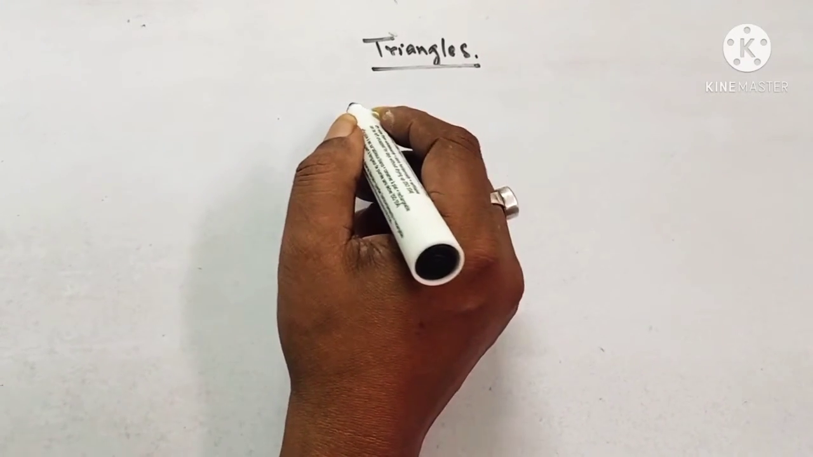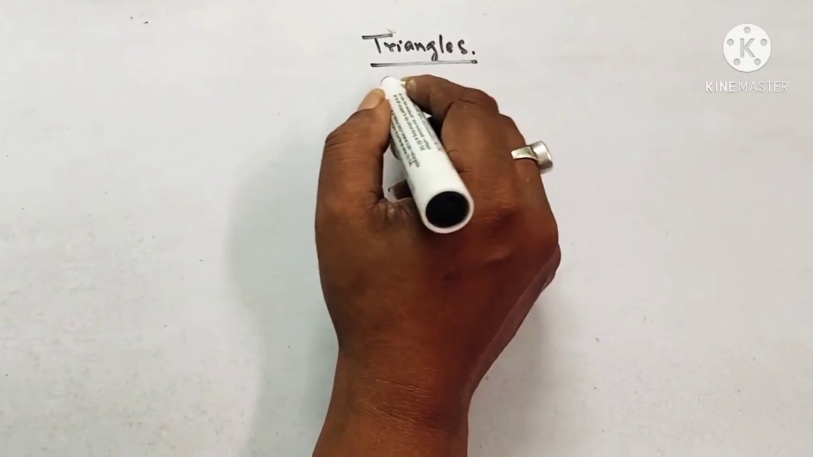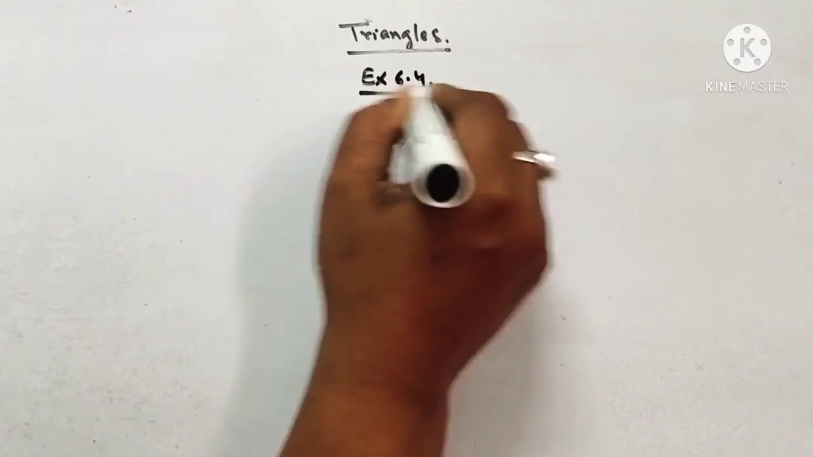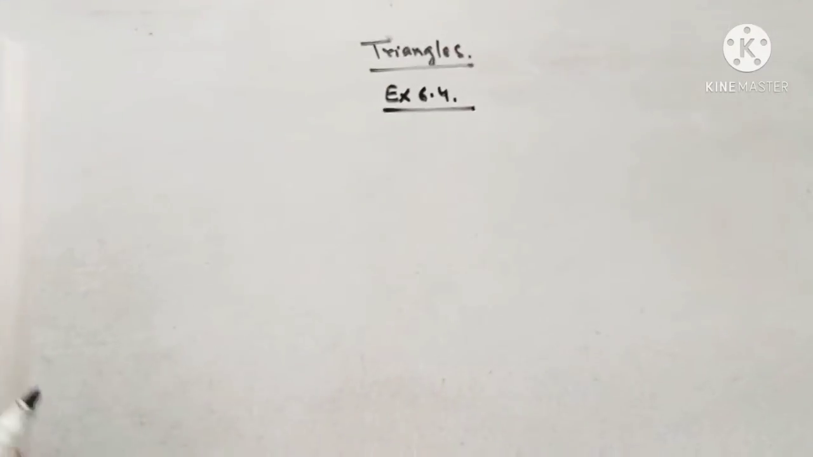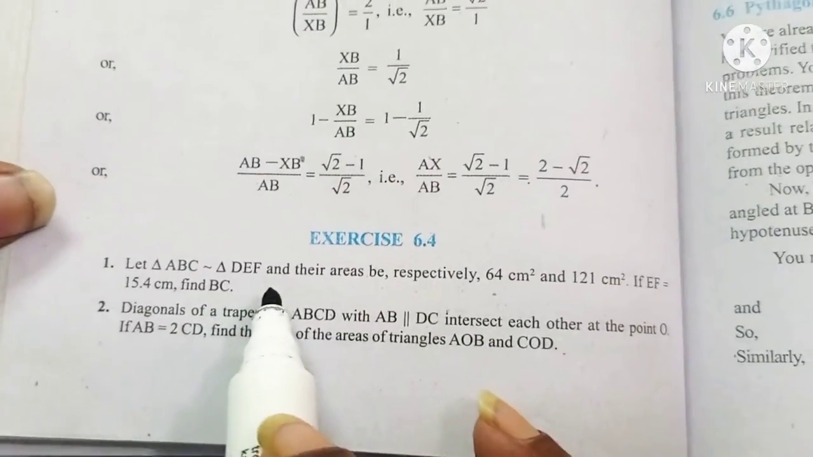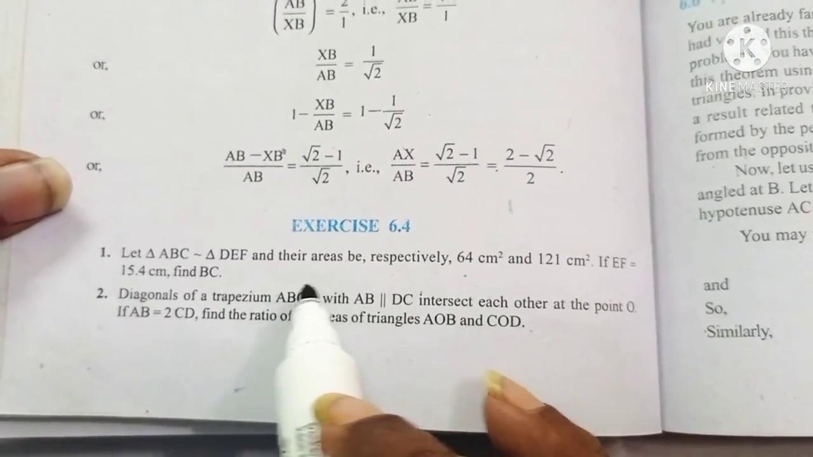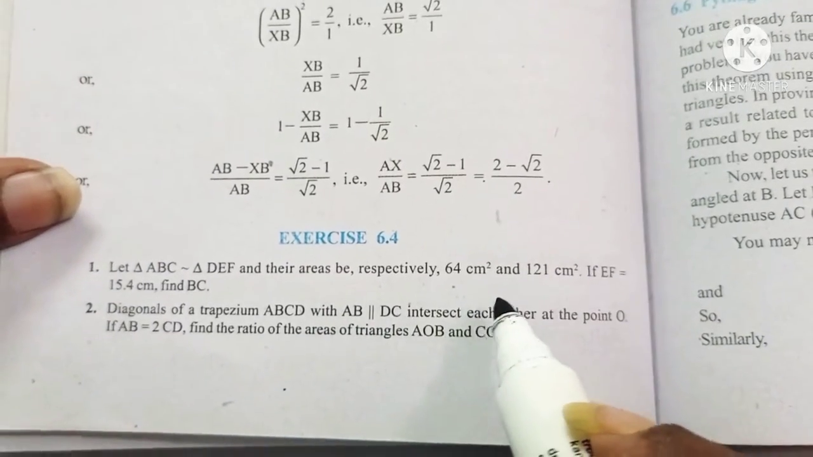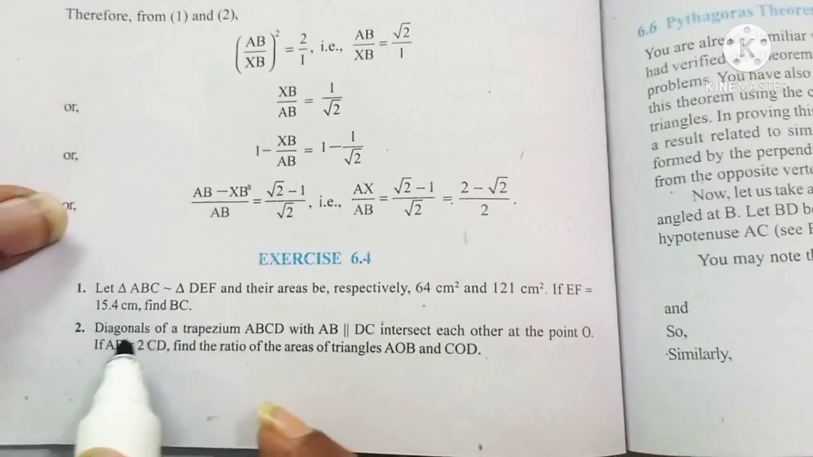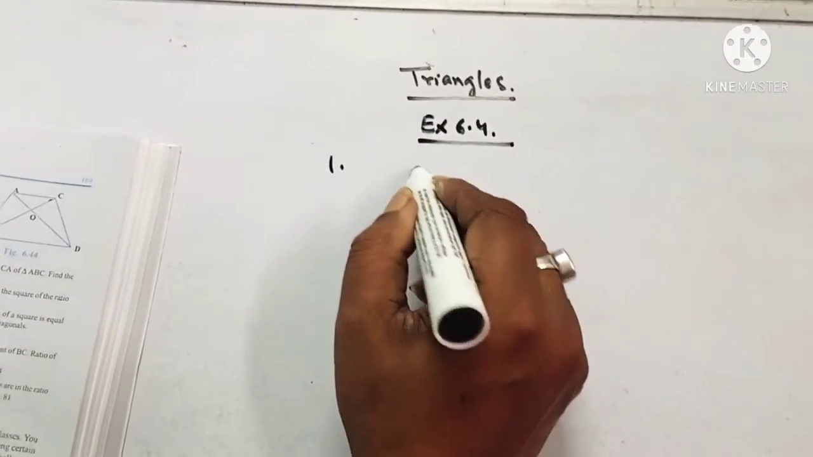Students of class 10, chapter is triangles, exercise 6.4. The first question is, let triangle ABC similar triangle DEF and their areas be respectively 64 cm² and 121 cm². If EF is equal to 15.4 cm, find BC. So question number 1,